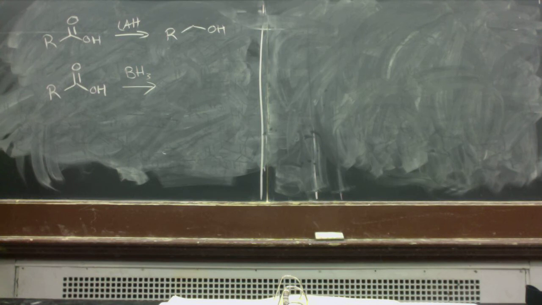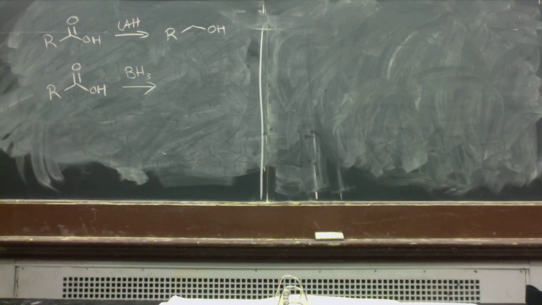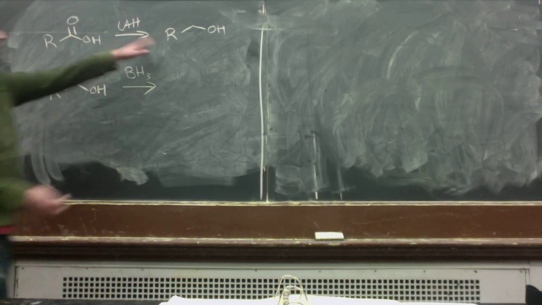Again, there's mechanistic similarities to the LAH reaction, but because we have that carboxylic acid there, previously this was sort of protected from breaking down because it was an ether. In the case of the carboxylic acid, you take the C3 fluorine. It's also going to go all the way down to the alcohol. So I think it's redundant